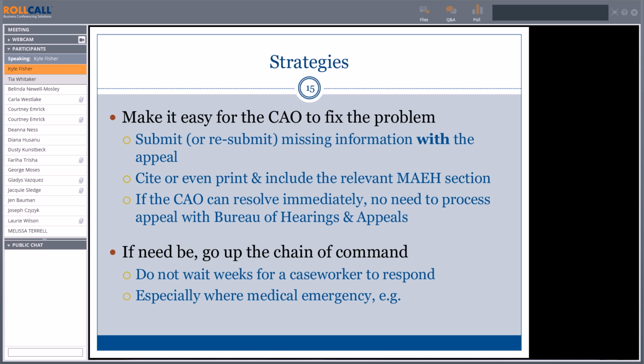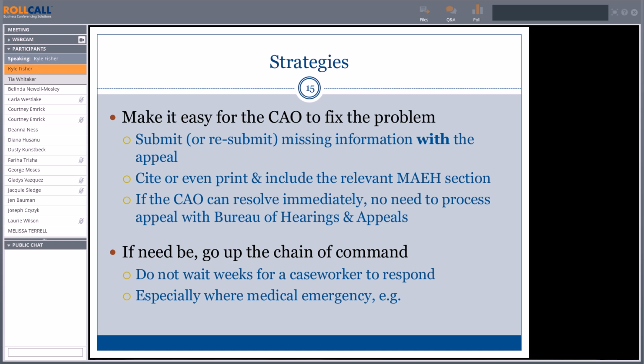Okay, the next point. Occasionally you will have a caseworker or supervisor who is not responsive or who's unreasonable, doesn't seem to interpret it the way you do. If you're on firm legal footing, so you know that the way you're looking at this is right, go up the chain of command. You don't want to wait 90 days for a hearing. That's unnecessary. So you would certainly also go up the chain of command where you know your client has a